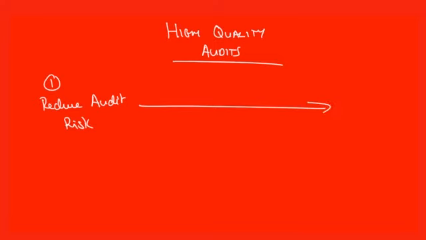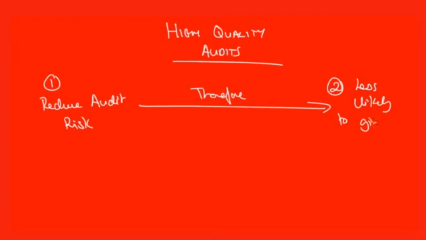Okay, looking at the article then by the examining team, pretty much by the examiner. So, all about high quality audits, really important. So, how on earth do you get a high quality audit? Well, first of all, what you need to do, obviously, is reduce your audit risk, because if you reduce your audit risk, therefore, what happens, you are less likely